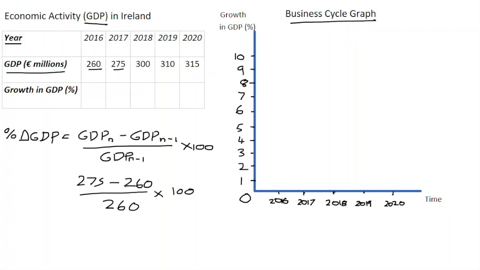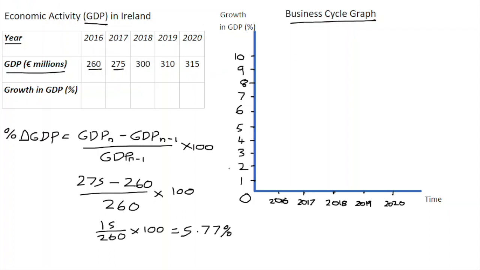So 275 minus 260 gives us 15, and that 15 is all over 260 and still multiplied by our 100 to get a percentage. So 15 over 260, and that gives us 0.0577 multiplied by 100 gives us 5.77%. So in this case here, the percentage change in GDP between 2016 and 2017 is